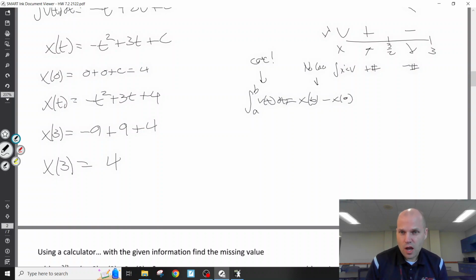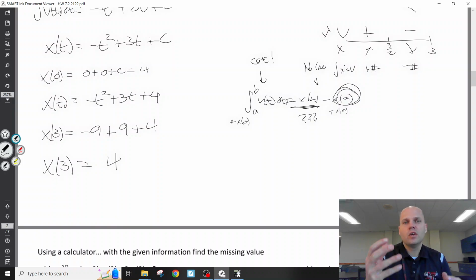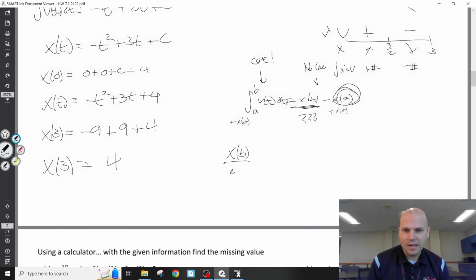Well, if you know a starting point and you want to find an ending point, guess what? Add your starting point to your displacement, how much you've moved relative to where you began. And you have a beautiful formula. An unknown ending that you're trying to find equals a known starting point